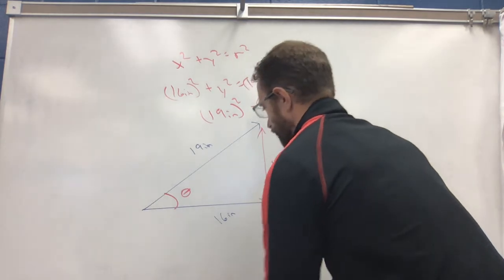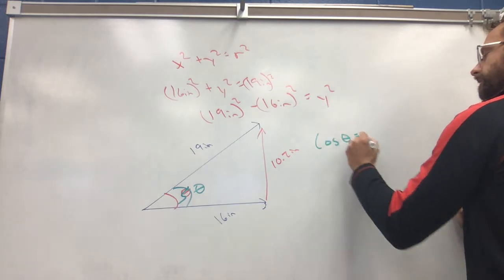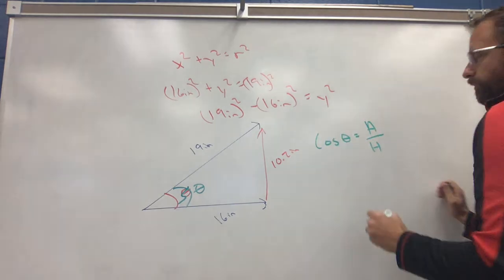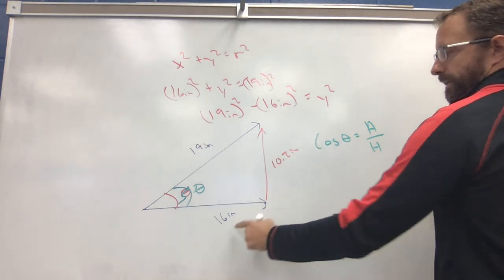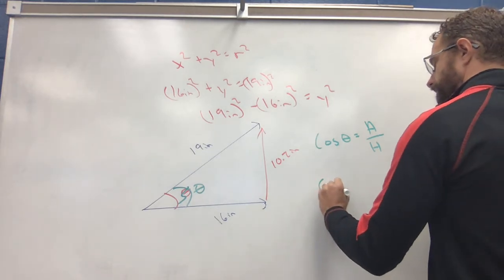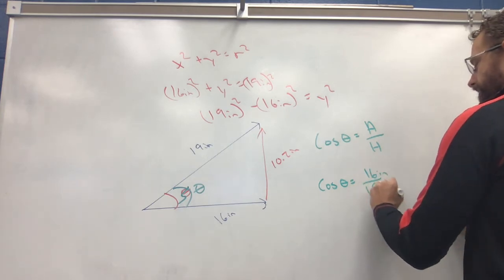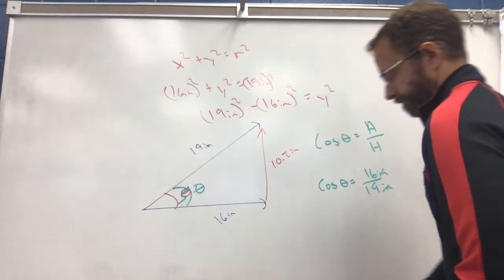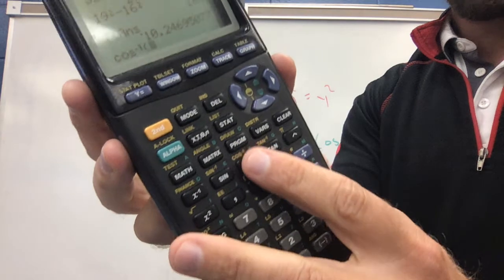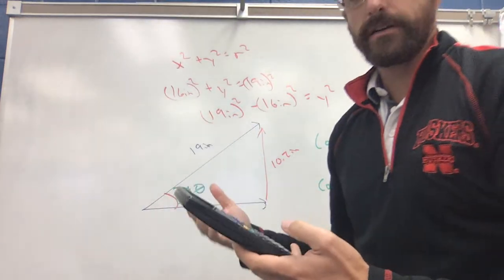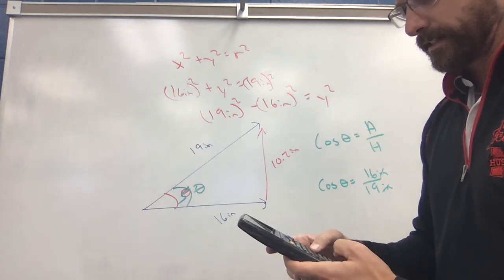Let's use green for that. So theta. So cosine of theta equals adjacent over hypotenuse, or x over resultant. And so since I have those two and I'm looking for the angle, I'll use the inverse cosine. So cosine of theta equals 16 over 19. Inches in both spots get canceled out. So I'm going to do inverse cosine, right? So second cosine, and different calculators have it in different spots, but it's the cosine to the -1 of, and then 16 divided by 19,